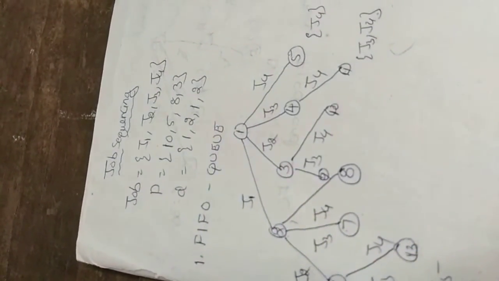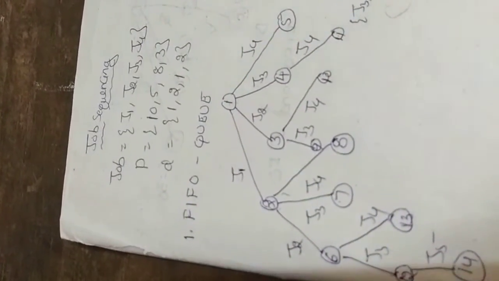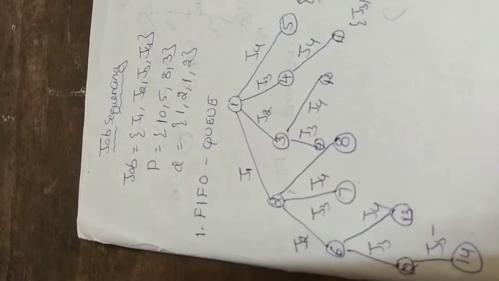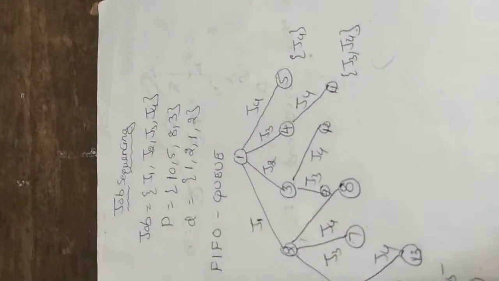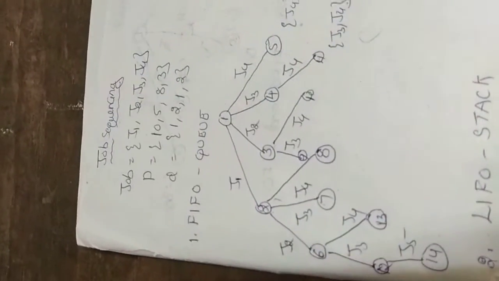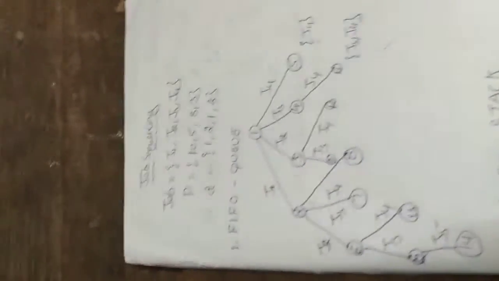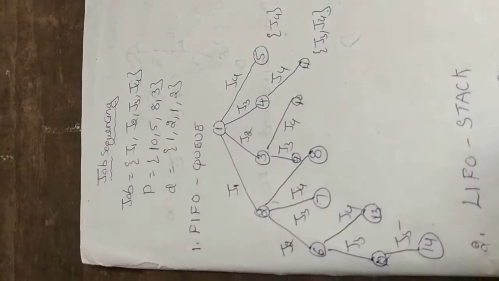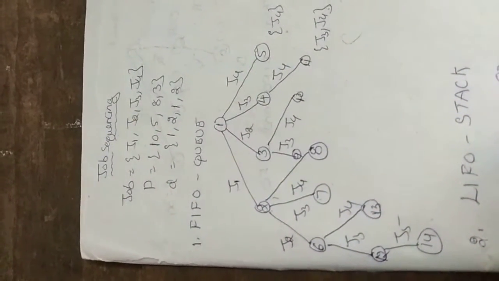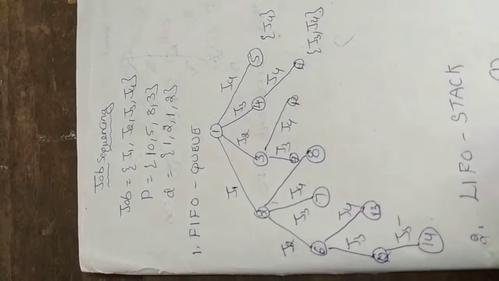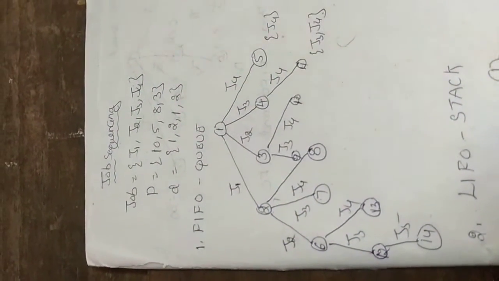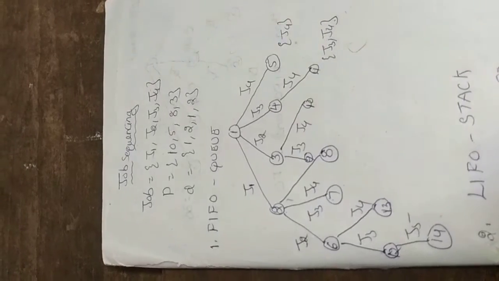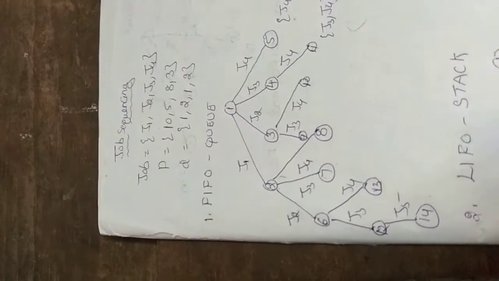So here a job sequencing instance is given. There are 4 jobs, J1, J2, J3, J4, and we are provided with the processing times 10, 5, 8, 3, and their deadlines are given as 1, 2, 1 and 2. So using FIFO, the first in first out structure, where we use a breadth first search technique, initially there will be no jobs. Therefore we consider that either the first job J1 can be included, or J2, or J3, or J4. We will start with J1. That means we start by exploring node 2.